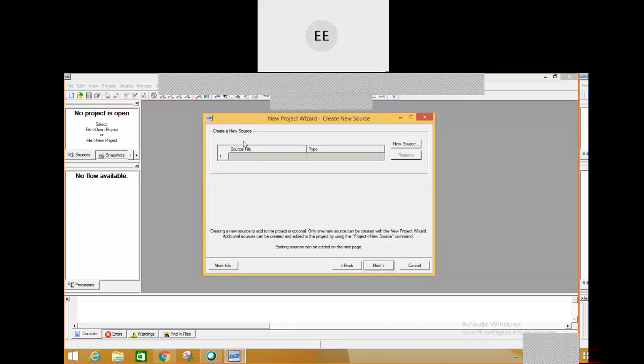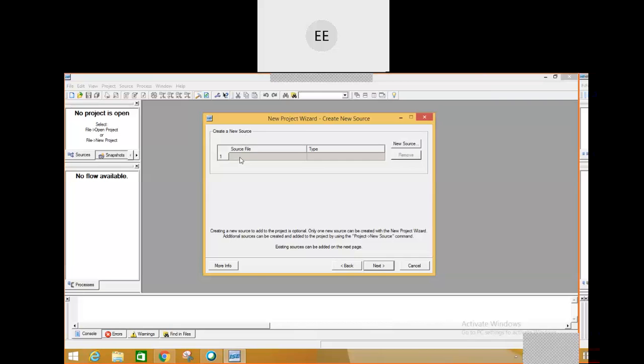What do you mean by this? I have created a project. It is like a folder. Within a folder, I'll be having several files, right? So that is what we are doing now. I have created a project. Within a project, now I want to create a source file in which I want to implement my Verilog code. Okay. So I have to select a source file.